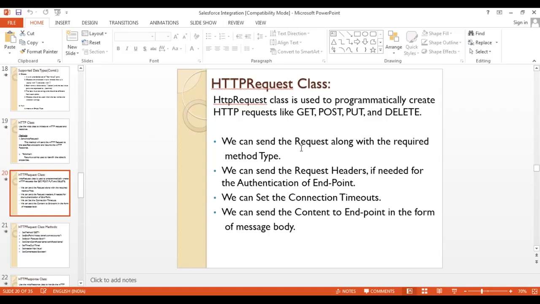And then whenever you are passing the parameters to the web service, in what format are you sending the parameters, in the form of JSON or not, we can indicate here. We can specify the content type. In which format are you sending that content? Here we can specify. For that, as part of this HTTP request class, we have a set of